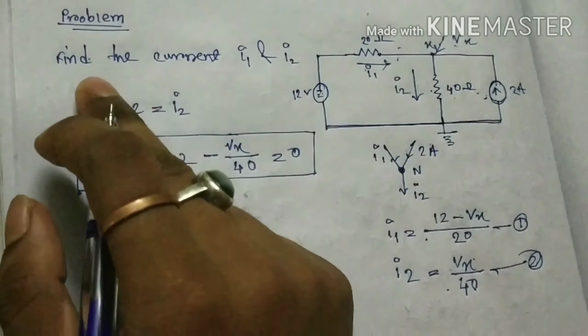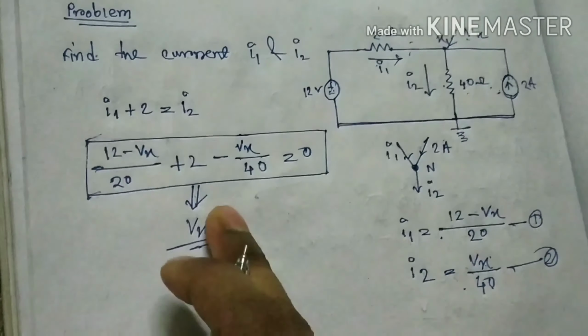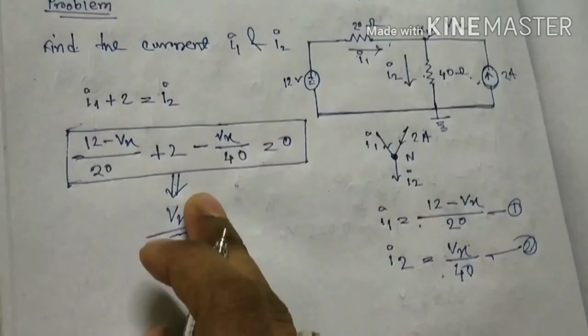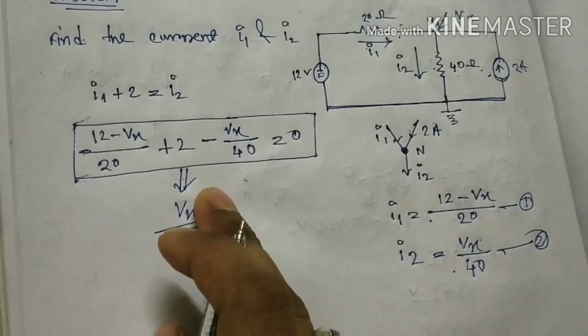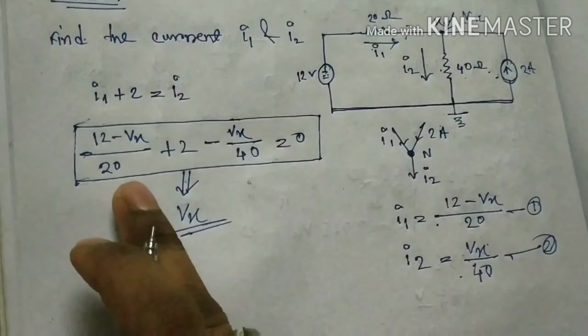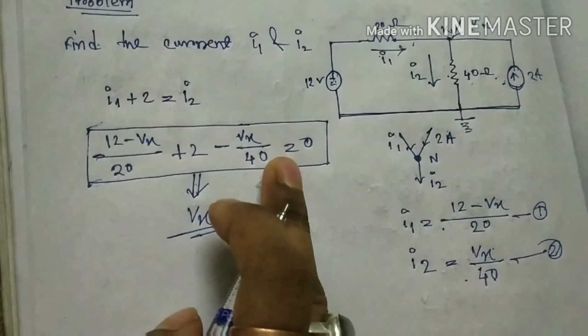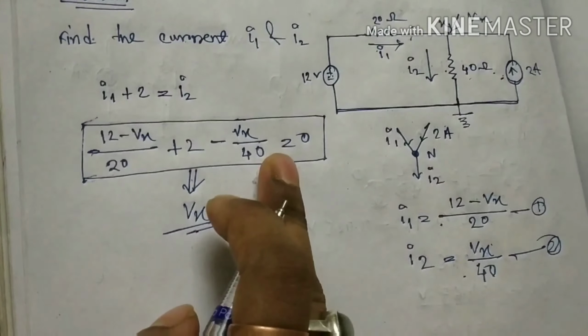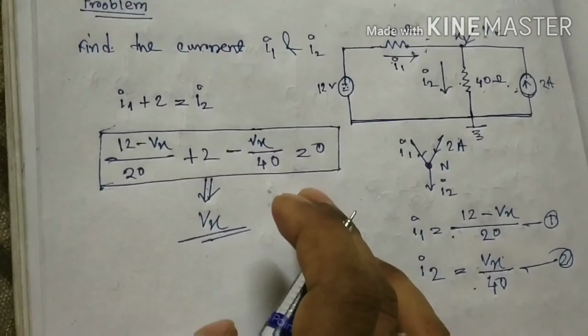You can say this is the I1, I2 they are asking in the question. So we will not calculate all those things. We just show how to get this equation. This is the main equation. You can calculate and tell me what the amounts of the I1 and I2 current are. So please comment.